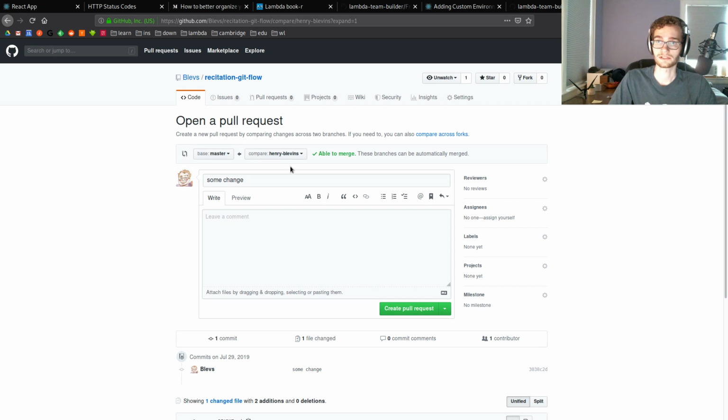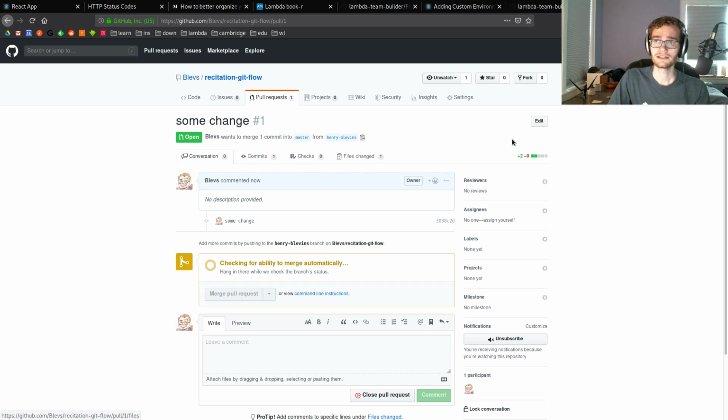So just like normal, we're merging onto master. This is where you want to add reviewers. This is actually really important. You want to add the team members that your changes are going to affect, which are going to be your other React devs, because they didn't write this code. They don't know what it does. They don't know what changes it's added. So if we add them as reviewers and then create our pull request,